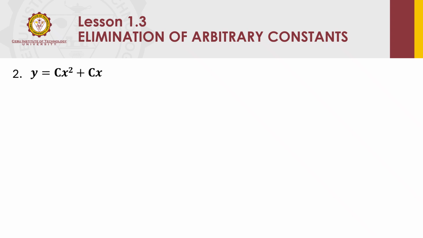For this relation, as you can see, there are two terms containing the same arbitrary constant c. So it means the resulting differential equation is a first order DE. If we differentiate only once, we cannot immediately get rid of the arbitrary constant. So we need to isolate the arbitrary constant first, and then we can perform differentiation to eliminate it.